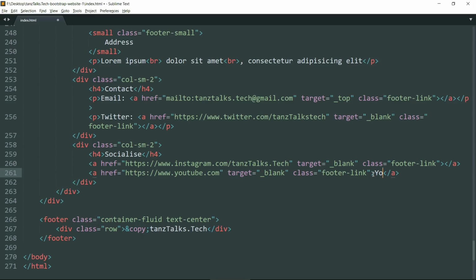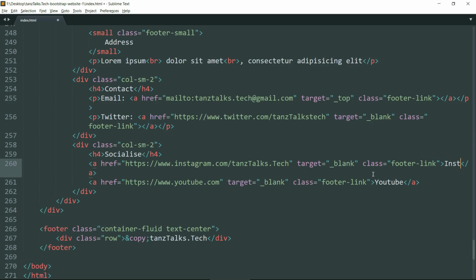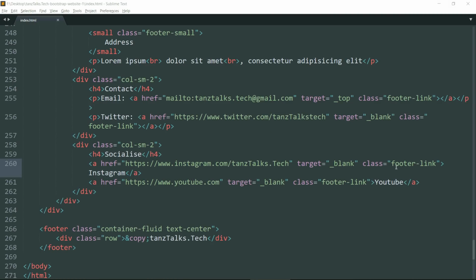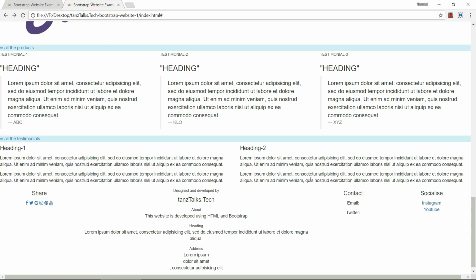Let's write YouTube and go up and write Instagram. Okay, let's save this and see. Yeah, we can now see Instagram, YouTube. We just need to add a break so that they appear in different lines. Add a break and they are looking fine now.